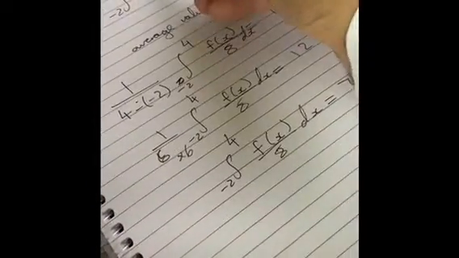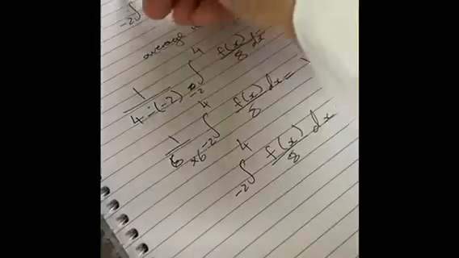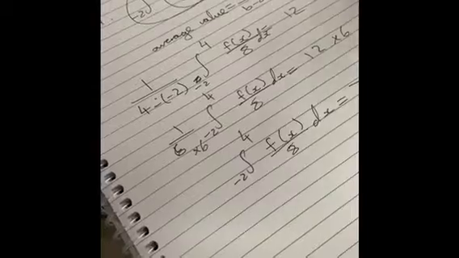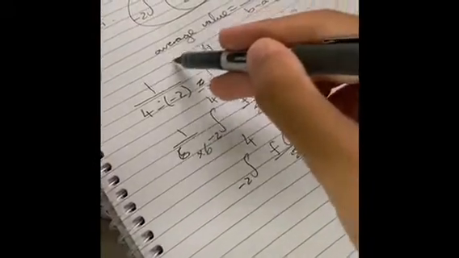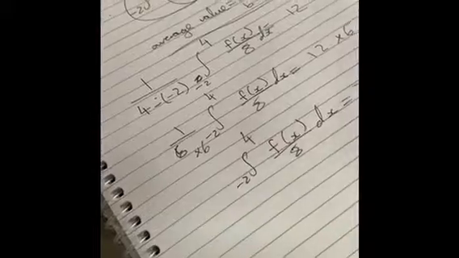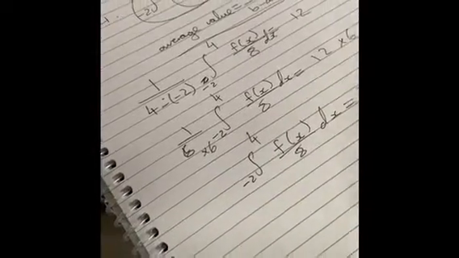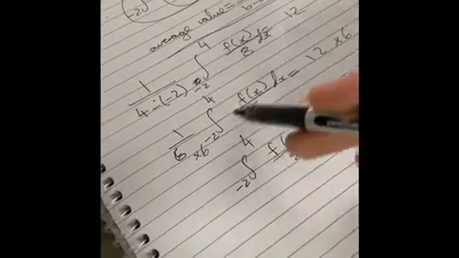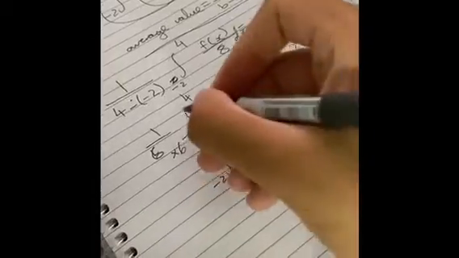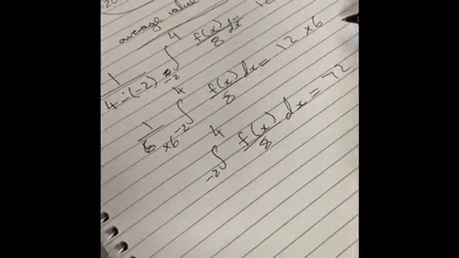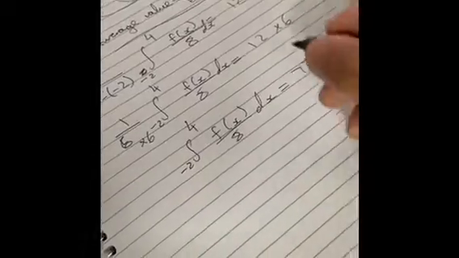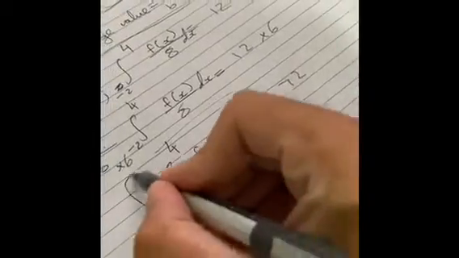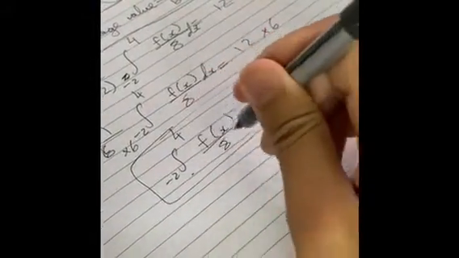What I meant was that the question wants the value of this integration, and given that the average value is equal to 12, and as you know, the average value formula is this, and we replace the values here using the average value formula, and we found this. We multiplied 6 here and 6 here to cancel the 1/6, and then this left us with this,